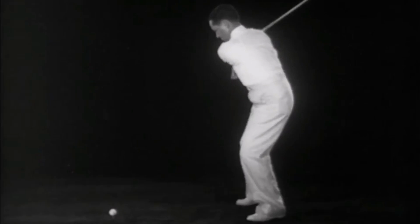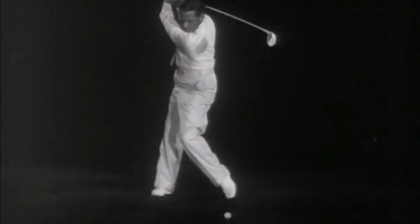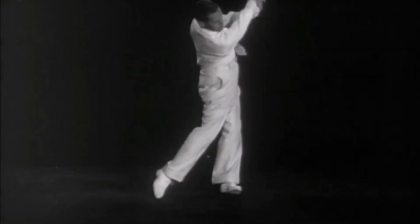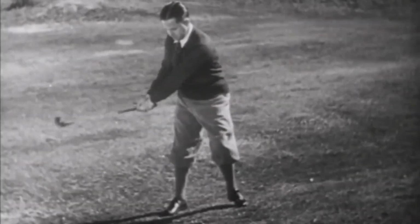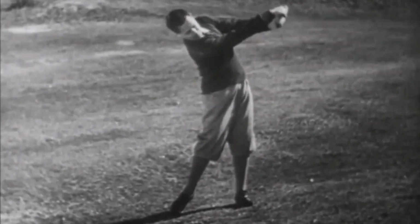He's the perfect example of how a golfer can use his own body to create power by transferring weight from his right side to his left side. It also shows how he can control the trajectory of his shots by keeping his head behind the ball at